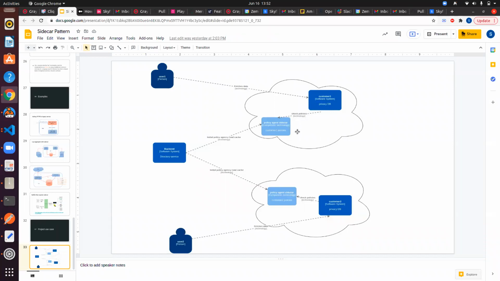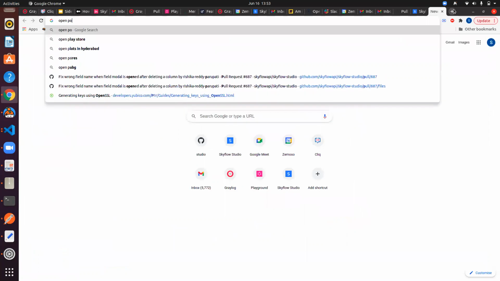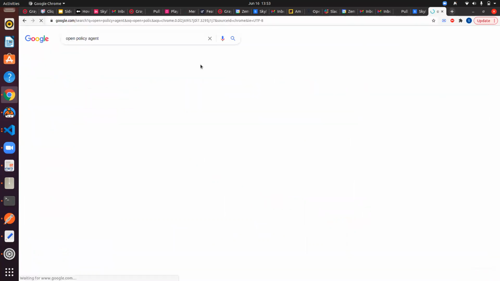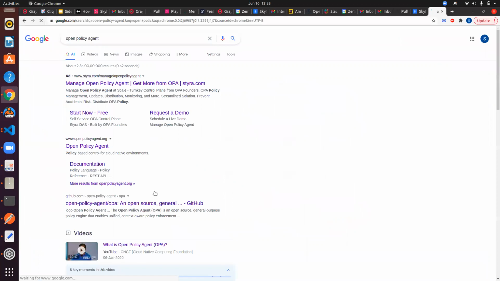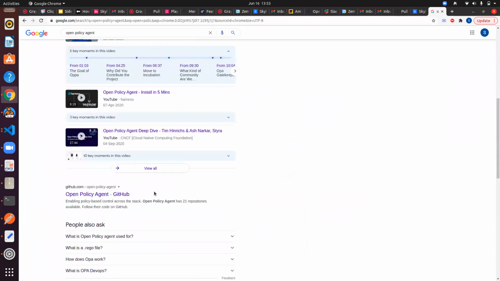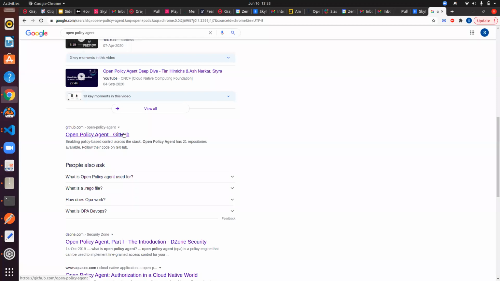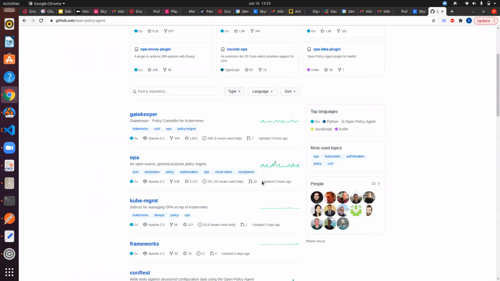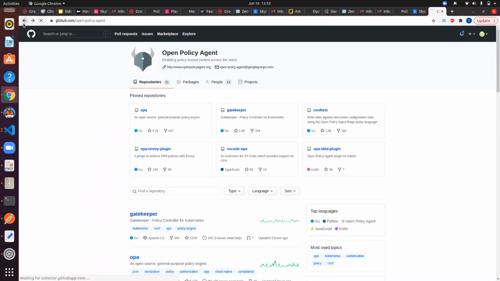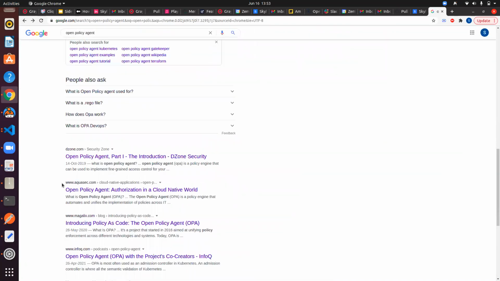I think over here it is something called the Open Policy Agent sidecar. You can take a look at Open Policy Agent, it's a nice project. In terms of how policies are pushed to the sidecar, there should be options to categorize them across different dimensions, if that's what you're looking for.